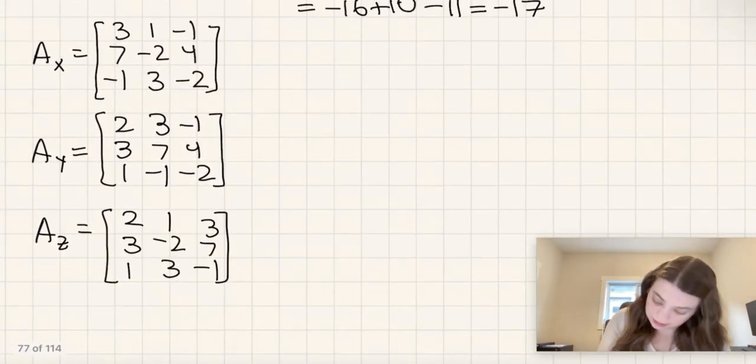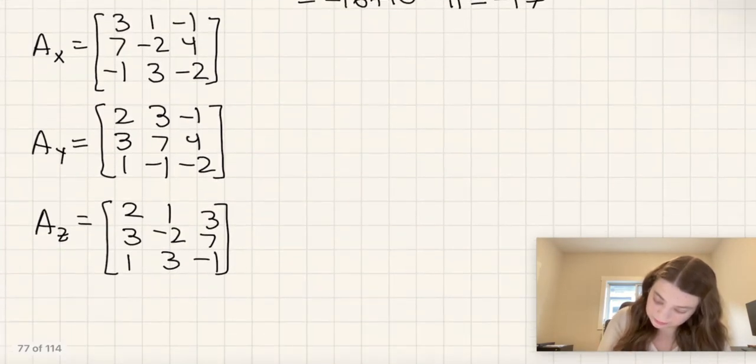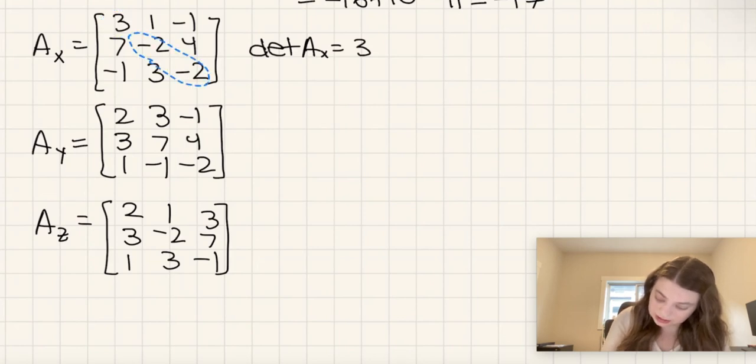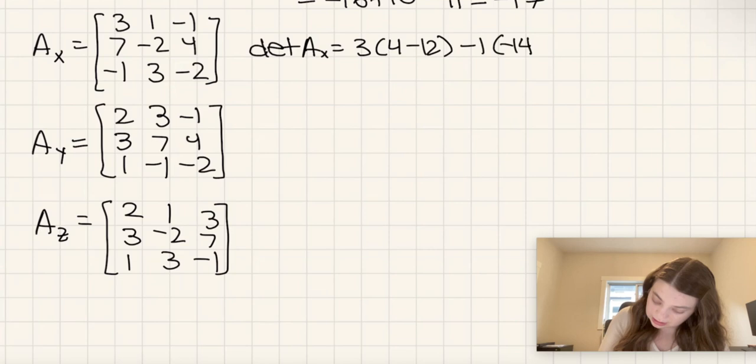Okay, so a determinant for ax is going to be equal to 3, so first entry, times negative 2 times negative 2, which is 4, minus 4 times 3, 12, minus 1, so second entry there, times 7 times negative 2, so negative 14, and then minus 4 times negative 1, so minus negative 4, and then minus 1 times 7 times 3, which is 21,